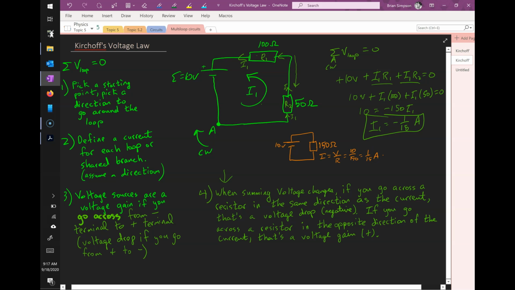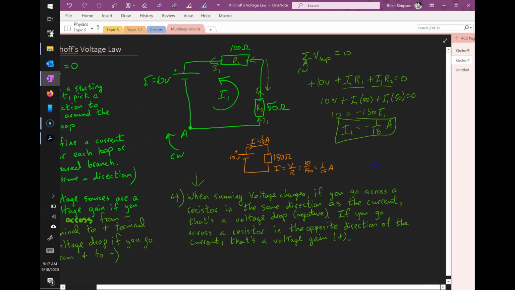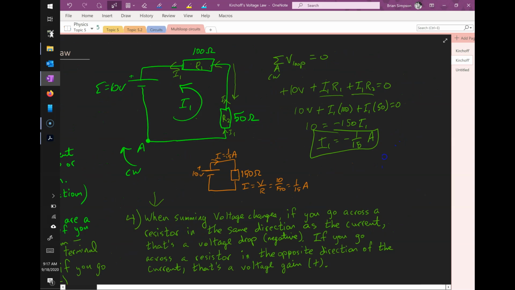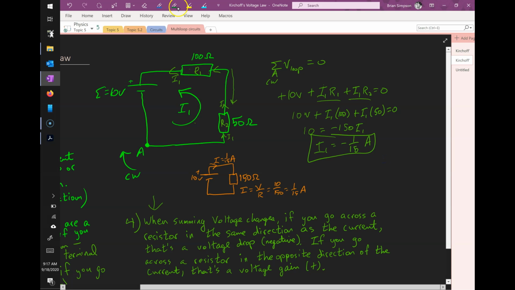And we already knew, using what we know about circuits, that this is the plus side of the battery, so the current's going to come out of the plus side of the battery. So I equals 1/15 amperes going this way. And we could already solve this circuit. We didn't really need Kirchhoff's voltage law to do it. I just wanted to use it on a circuit that you could solve already, so that you could see what it looks like. But this negative sign that we got, the negative current means